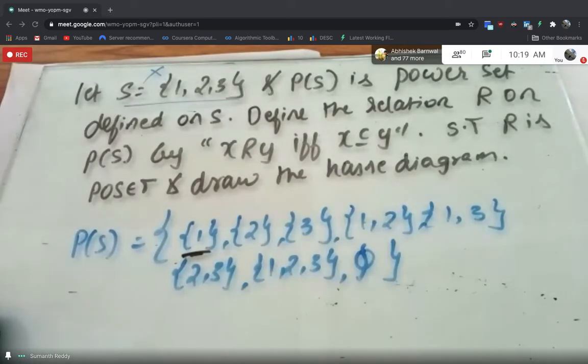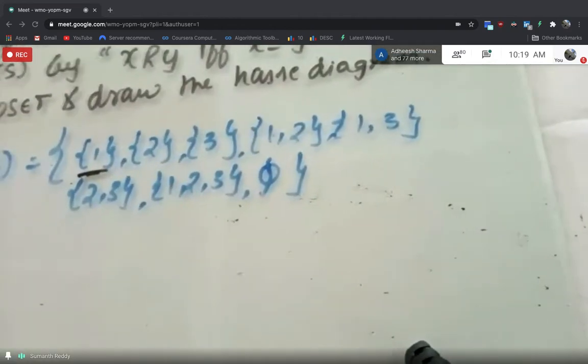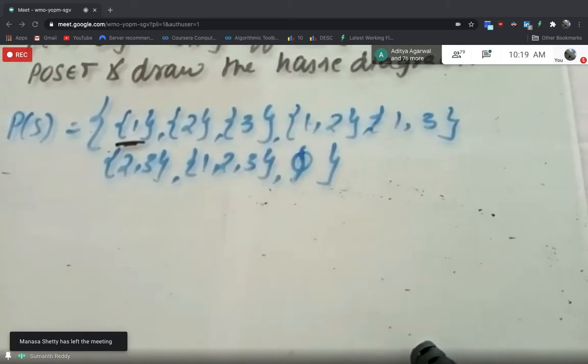Okay, students, I think you have solved it. If you have any doubts, I will also solve it, and you can just cross check. I have already given you the hint. In the case of divisibility and subset, if you are dealing with 8 elements, you can just write the skeleton that I have told. You can just write the square box and then fill in the elements. Exactly, it will match.